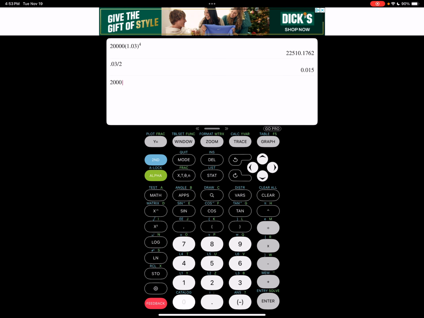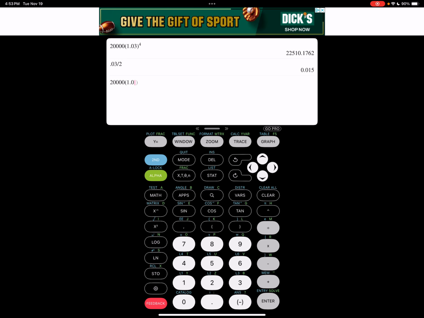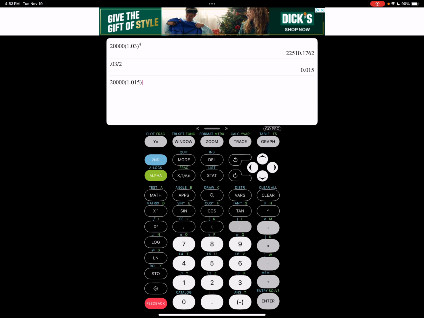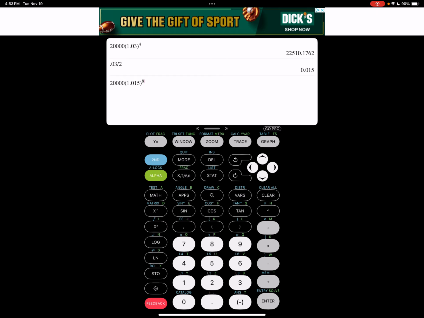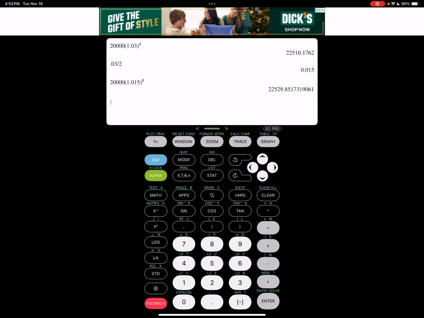20,000 times 1.015, all of this raised to the eighth power. Well, just that raised to the eighth right there, the 1.015. Now, y'all see how I type it in? Let me hit enter. Look what I get,